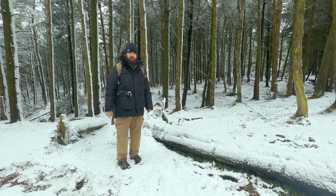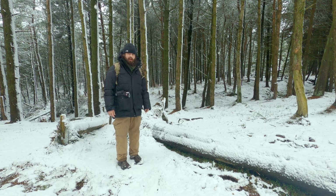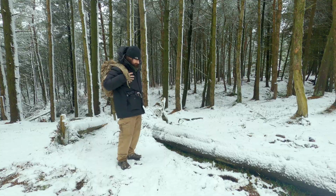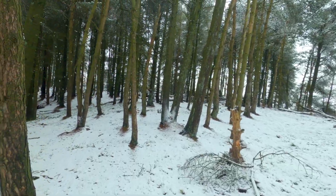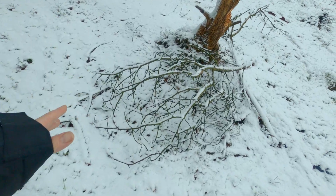Right, I'm going to show you how to make a fire when the weather's like this, and make a nice, refreshing, seasonal drink. So, as you can tell, I'm in a pine forest, and there is plenty of fuel in a pine forest, including everything you need from kindling,